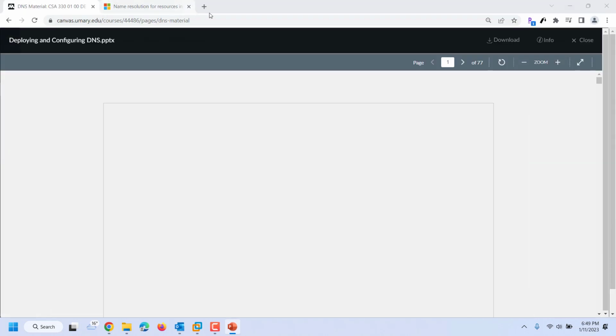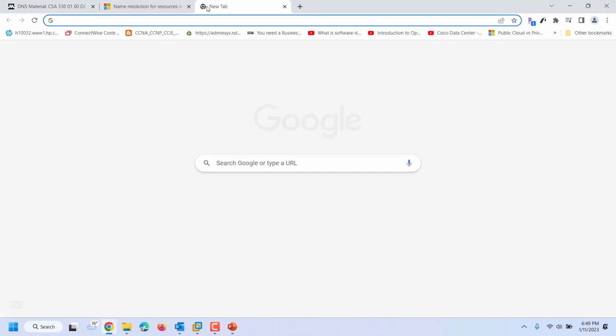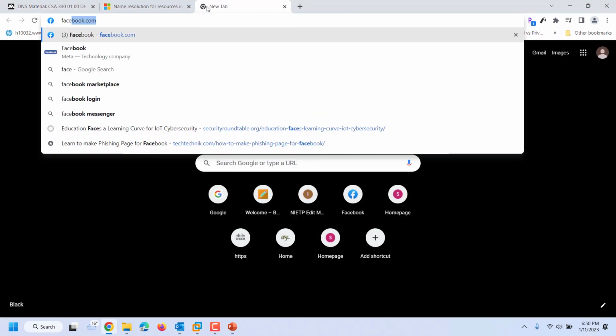So for example, if I want to go to Facebook, I can simply type in facebook.com and hit enter. What happens is facebook.com gets resolved or translated into an IP address. I always say computers don't know the English language. They don't know what facebook.com is or espn.com or yahoo.com. That's not a language they speak. They speak binary, ones and zeros. So what actually happens here is,